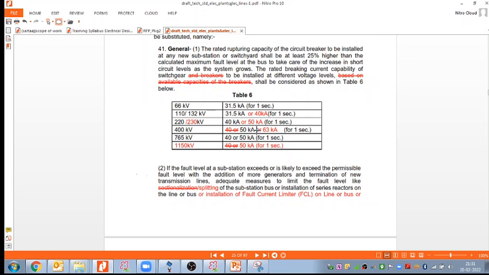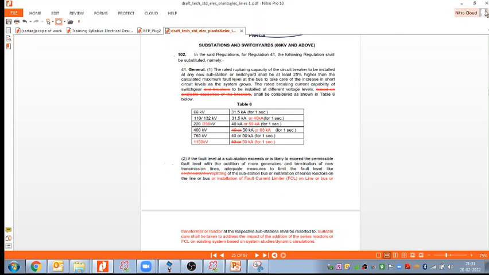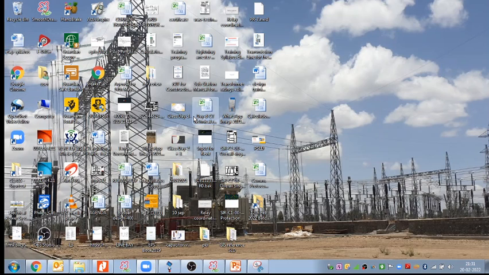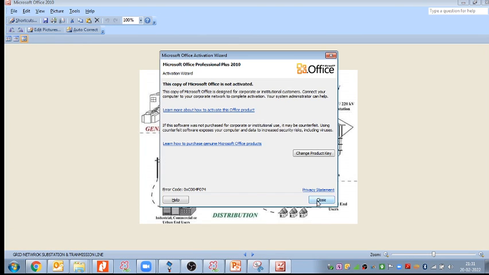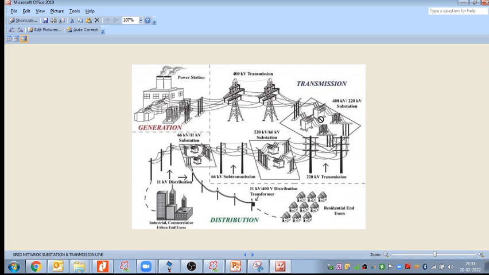When we work for the grid, let me open a grid network if I have any. This is an example of the grid: generator, then transmission, then this substation, and this substation, this one and this one. There may be some more industry coming, so in that case the current requirement will increase. If we are adding more generators, the generators will also contribute to fault current. So the total grid will also consider the next 35 years of industrial development and generator development,